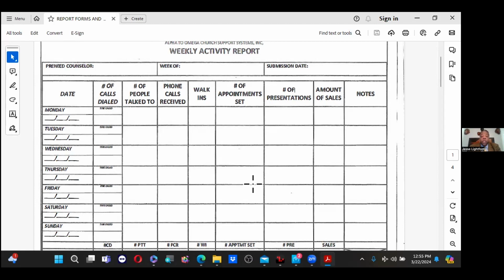Today we are going to discuss the weekly activity reports. Now, these reports are important because you, as aspiring managers, need to know what's going on with your staff. They are in need of training, they're in need of mentoring, they're in need of support. A lot of these people have not worked independently and they need someone to keep them moving, keep them focused. That's what this activity sheet does.